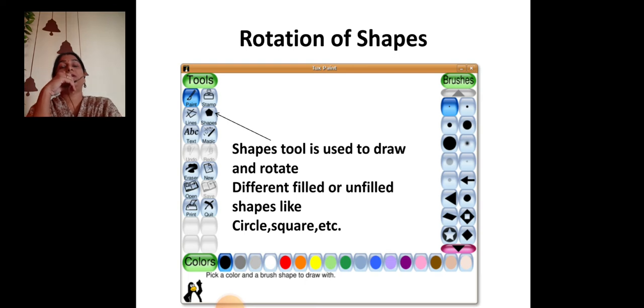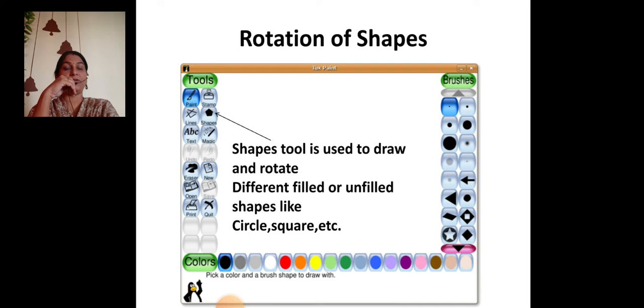Now how to rotate shape. First, go to tools, click on shapes. Once you click on shapes, in selector so many shapes are given. Some hollow shapes, some solid shapes are there. Suppose you select a triangle, click on that triangle, go to your canvas, click there, drag your mouse.